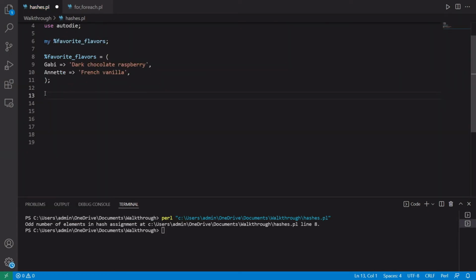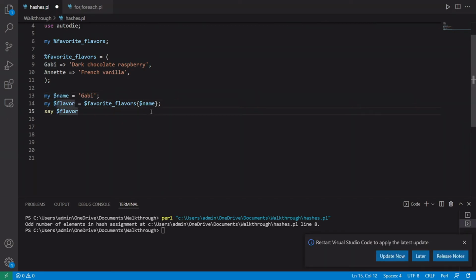To access an individual hash value, use the keyed access syntax like in this example. The string Gabby is a key of the hash. As with accessing an individual element of an array, the hash's sigil has changed from percentage to a $ sign. That is to indicate access to a scalar value. You may also use string literals as hash keys. So instead of the scalar name, we can use the word Gabby or the bare word Gabby. Perl quotes bare words automatically according to the same rule as fat commas, but you can still use quotes if you wish.